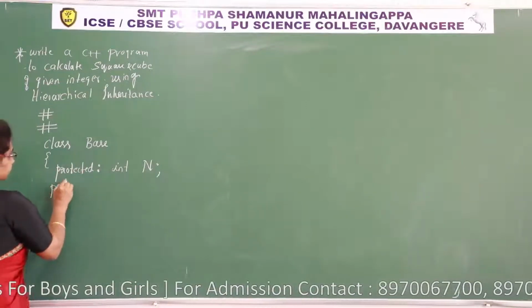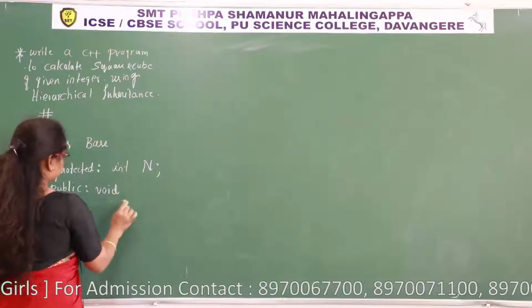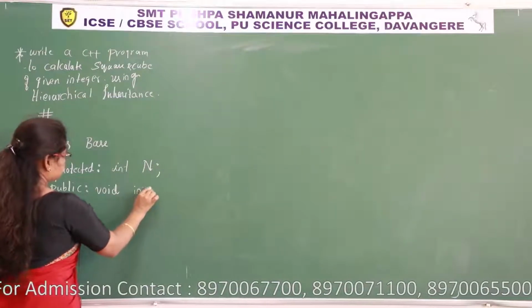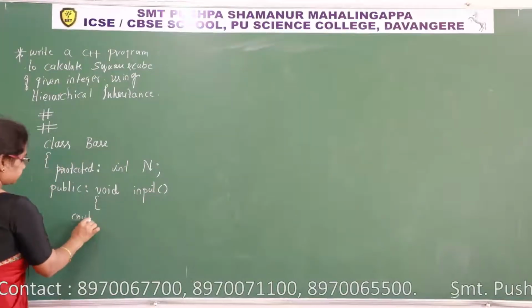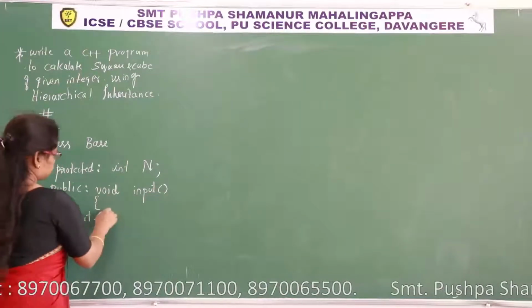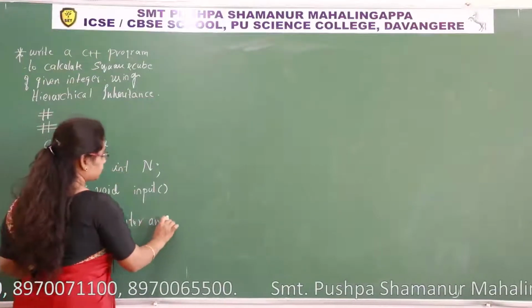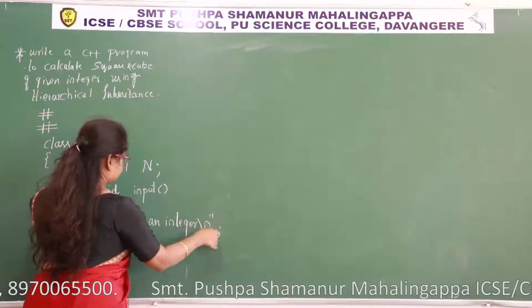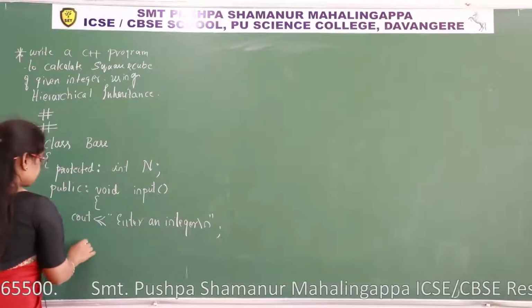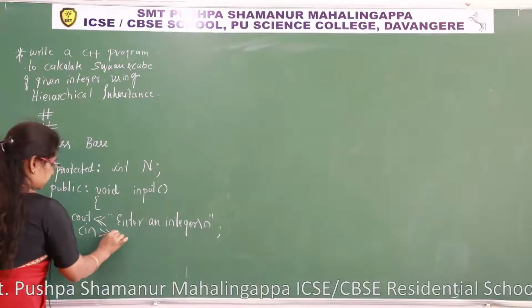Public void input: cout << enter an integer; cin >> n;